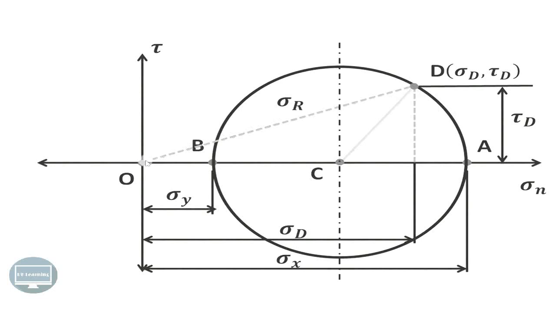This particular segment represents the resultant stress which is acting at this point D. So at point D we have sigma d, the normal stress represented by this line segment. Similarly, the shear stress is represented by this line segment, and this is the resultant stress acting at point D. Now this angle is 2 theta, that is the most important